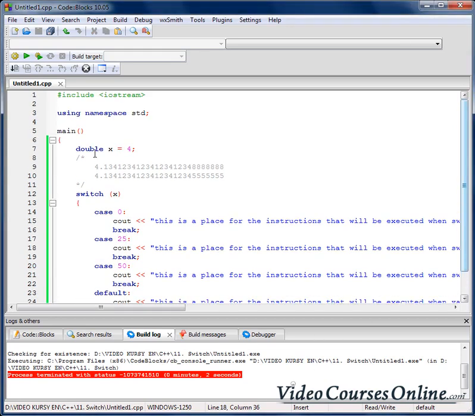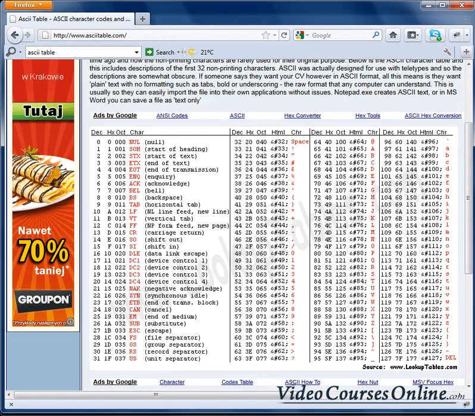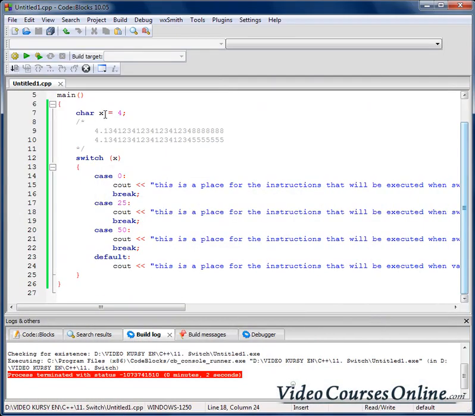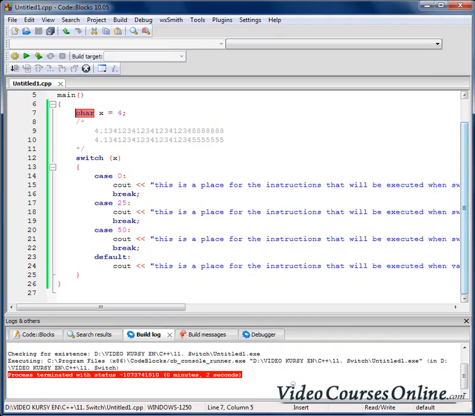We can use characters here, but why? Well, look, we have something like an ASCII table. In reality, every character is not a character. It is a number assigned to a character. As you can see, for example, here A is assigned to 97, B is assigned to 98, D is assigned to 100. So when I do something like character x